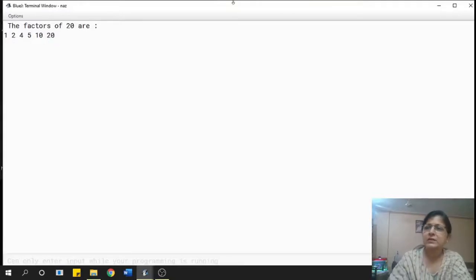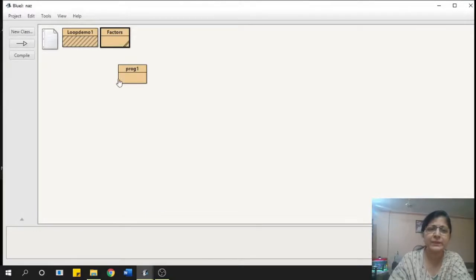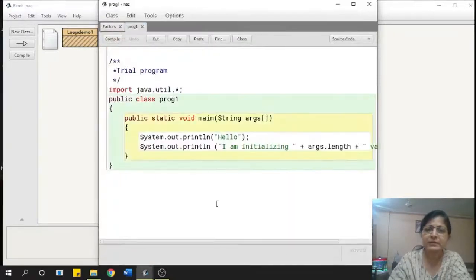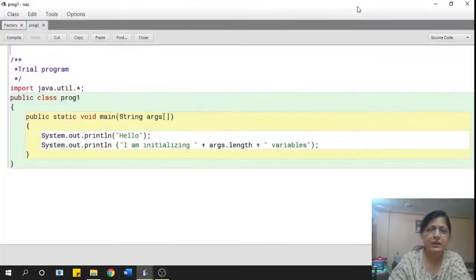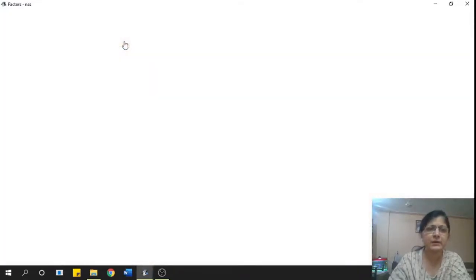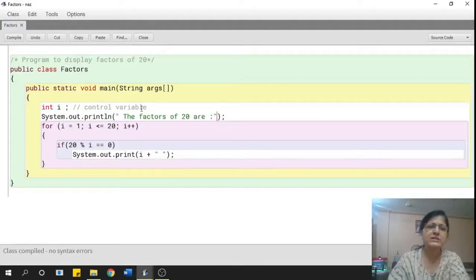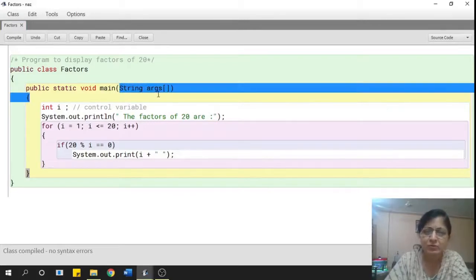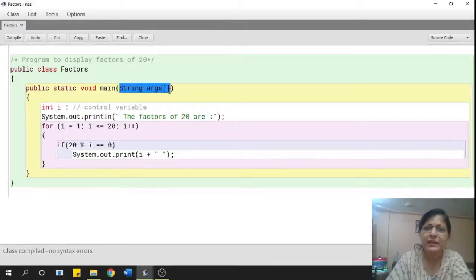Okay, so now I'm going to modify this program to print the factors of any given number. Now I'm on the wrong program, just a moment. This is the program. Yeah. Now in this case, if I want to print for any given number, first of all, I'll have to store that number whose factors I want to find in a variable.